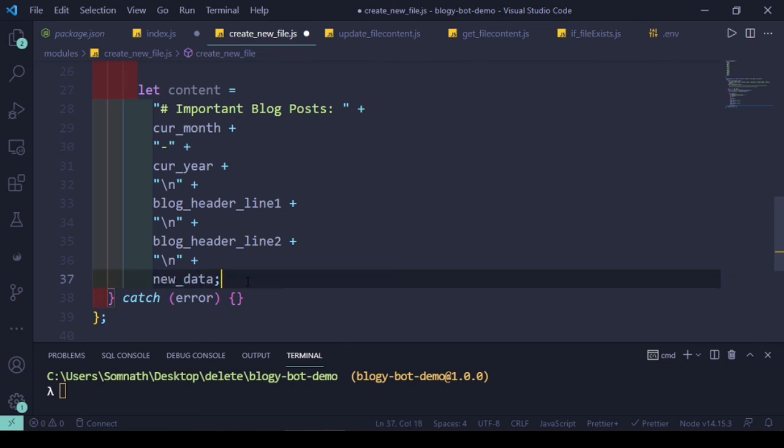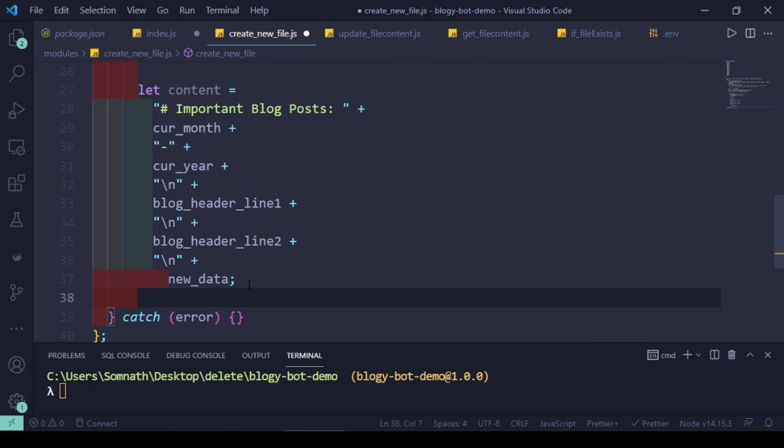No need to worry, I'll explain everything so that it will be very clear how this new data is actually being formed. Let's move forward.